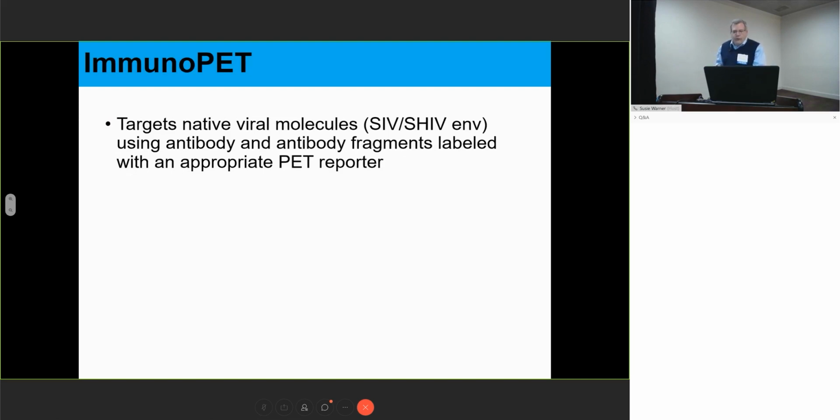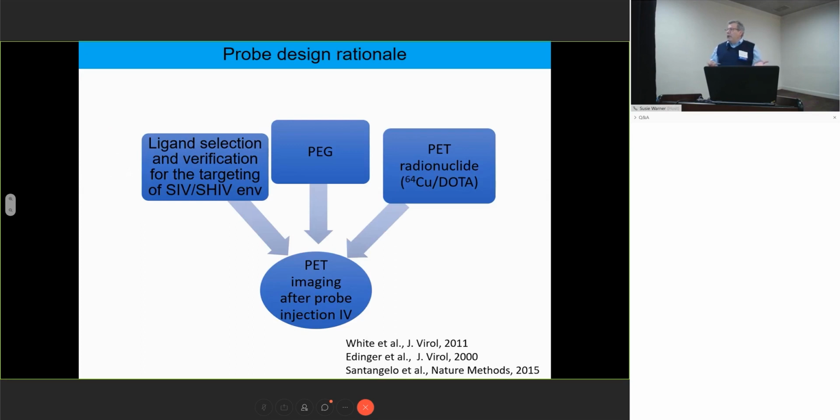When we first started doing this work, we were working mostly in SIV. We looked at a lot of different antibodies. We ended up choosing one from Jim Hoxie's lab, 73. At the time, we didn't have a primatized version of it, and so we went with a whole antibody that was